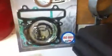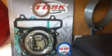Along with the A-arms, but they'll still need to get cleaned up a little bit. I'll probably put in new netting. And here's the Tusk high performance gasket kit. I ordered it before I found the